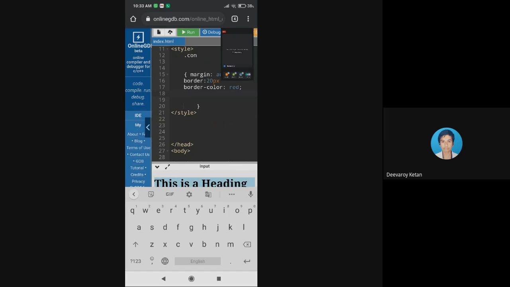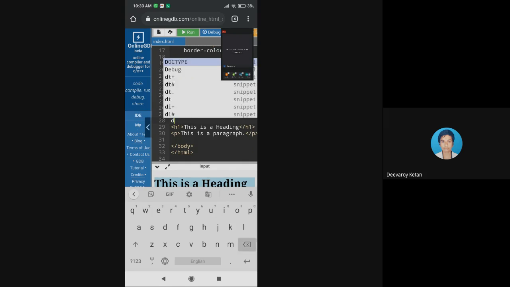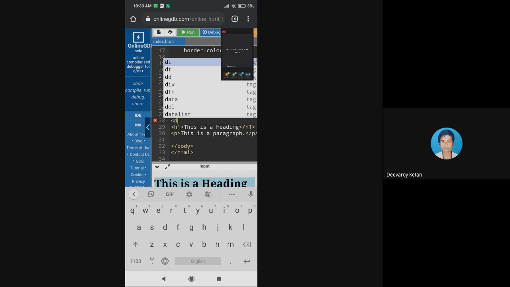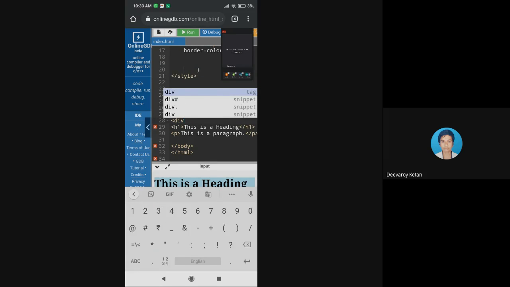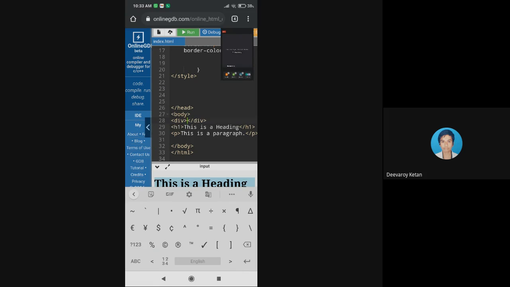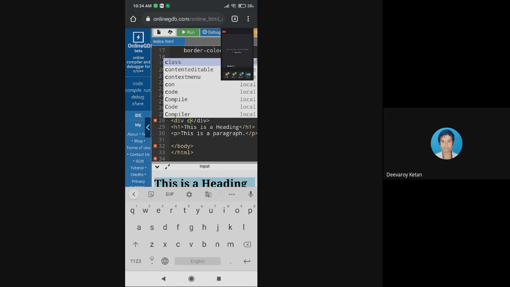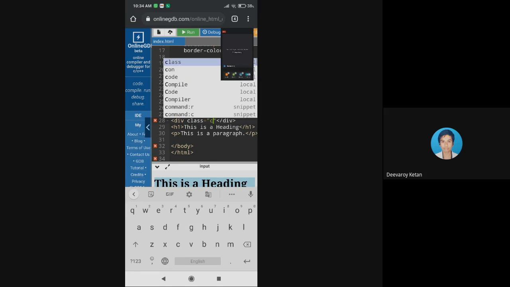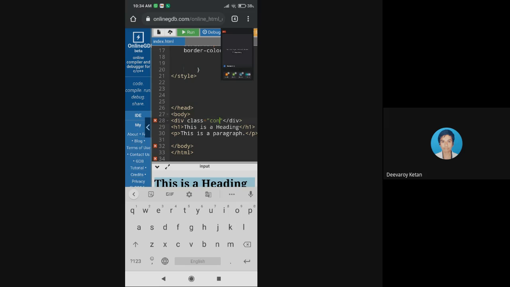Now down here in the body tag, I'll be using this as a div tag, and I'll make this centered. In the div tag, I'll call my class, which is equal to the name I have given, con, the container. I'll close this.